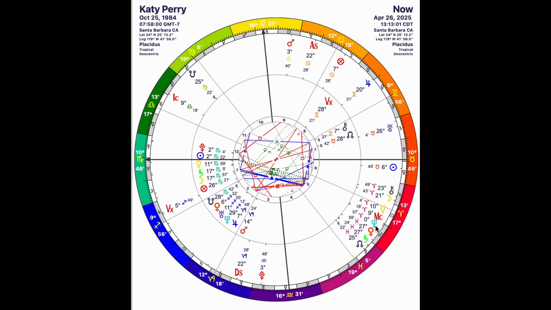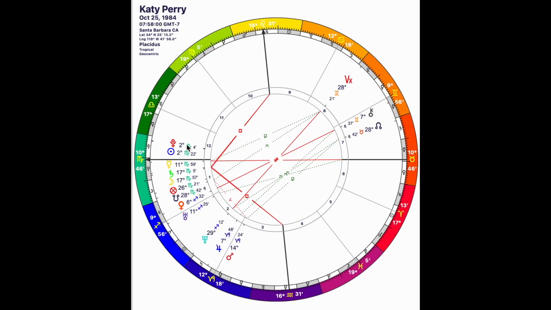Okay. So the thing about a chart, let's just go back to Katy Perry's chart. When you have this sequence of planets that are so close together, here's the thing, Pluto's squaring this now. In a couple of years, Pluto's going to square the ascendant, then it's going to square Mercury, eventually it's going to square Saturn and the moon at the same time, and then eventually it's going to move on. You can have these good transits from outer planets, like what happened when she got famous with Pluto sextiling all of this stuff, which it continued to do